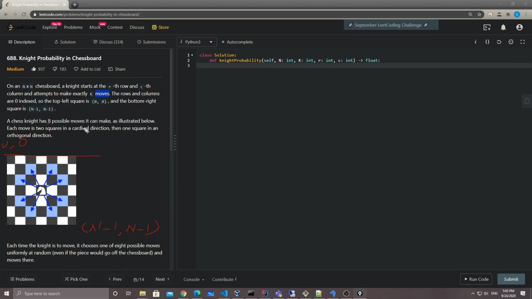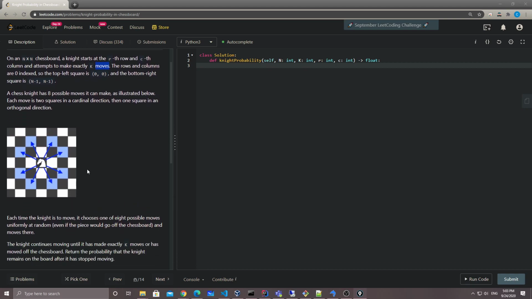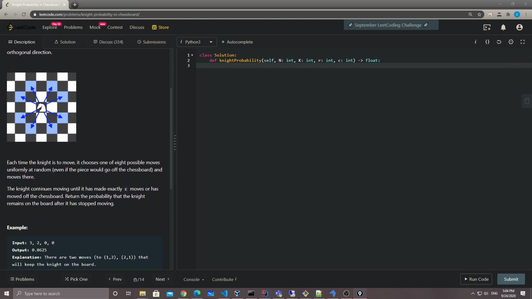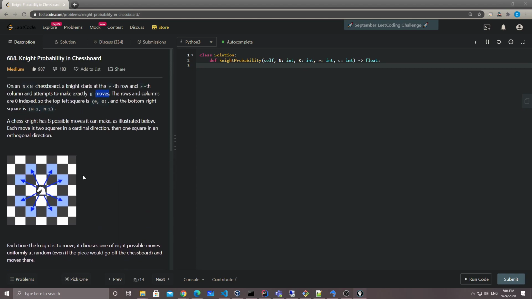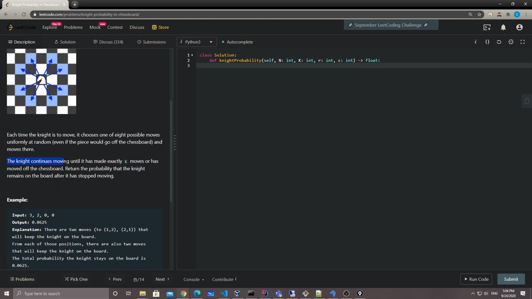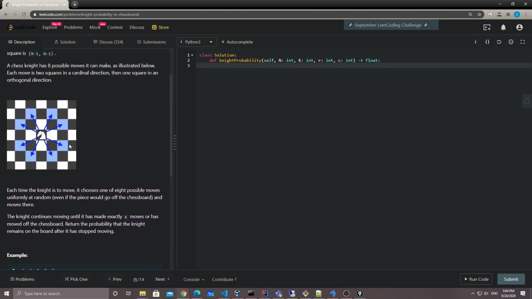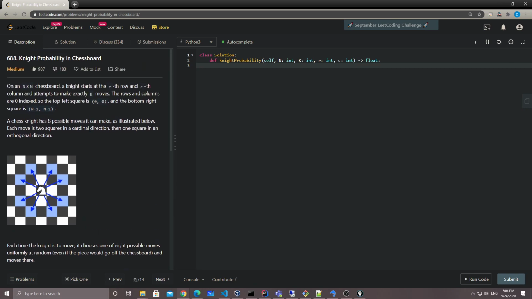Basically, each time the knight makes a move with a 1 divided by 8 probability, and it asks you to return, after k movements, what's the total probability that the knight remains on the board. Because the knight can jump in any direction, some of them are not valid, since they will be out of the board. So the problem is just asking you to return the total probability after k movements where the knight is still